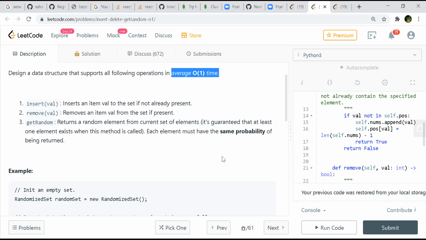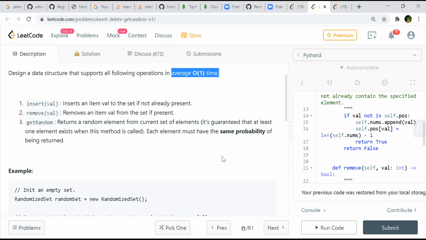Yes. Insert will be okay, and random also might be okay. But if I remove something from the array, that will be at any position. So how do I take care of that? If you remove the element, we'll again have to shift the elements to vacate that position, so it will be order of n, right?